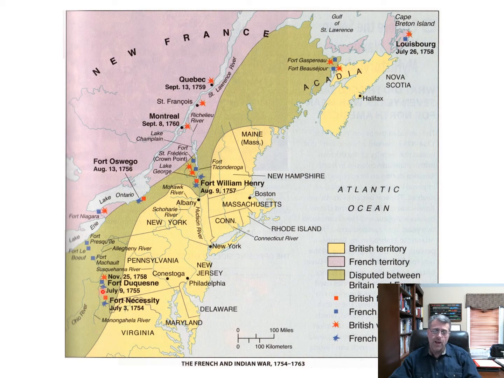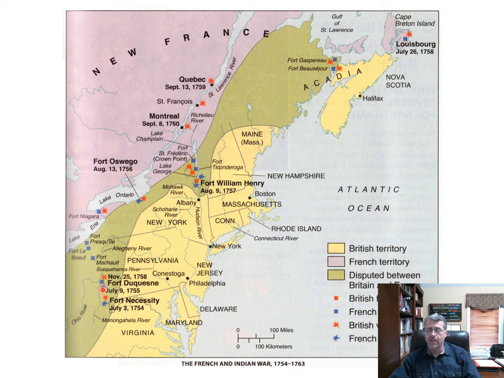You've got the Monongahela River and the Allegheny River joining to form the Ohio River right here in this spot. This is present-day Pittsburgh, Pennsylvania. Right here in this spot is very important. This junction of these three rivers is a strategic location. Whoever controls this spot will command all of these river valleys. A large territory of the interior will be controlled by this one spot.